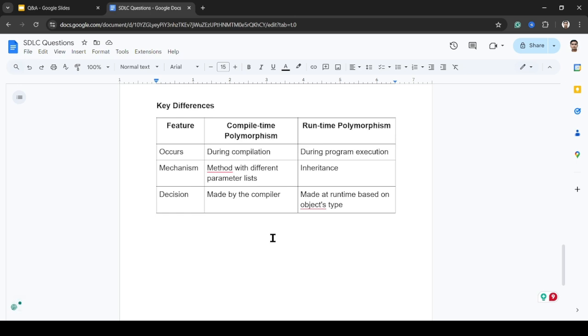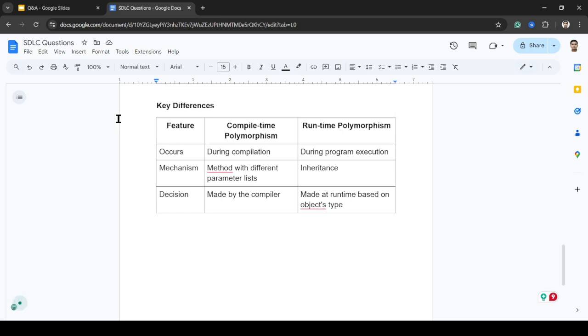The mechanism: compile time uses methods with the same name and different parameter lists, whereas runtime polymorphism is achieved via inheritance. And the decision for the function invocation is made by the compiler for compile time polymorphism, and for runtime polymorphism it is decided by the runtime based on the object type.